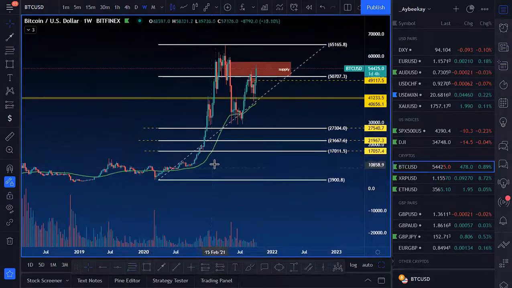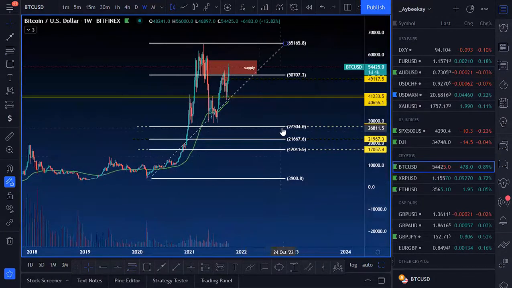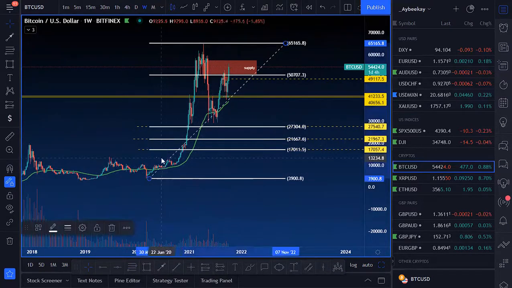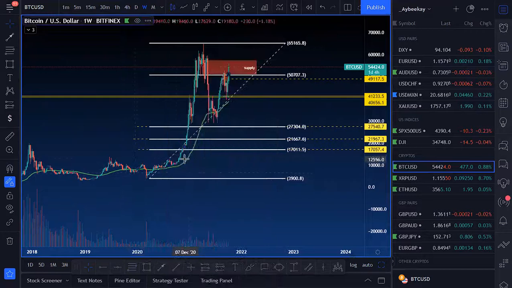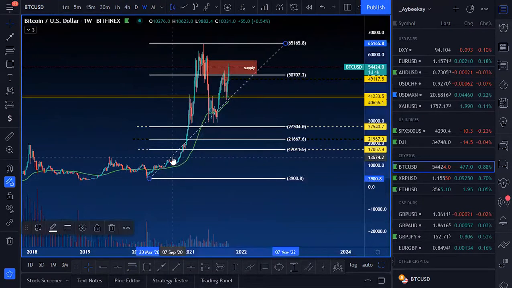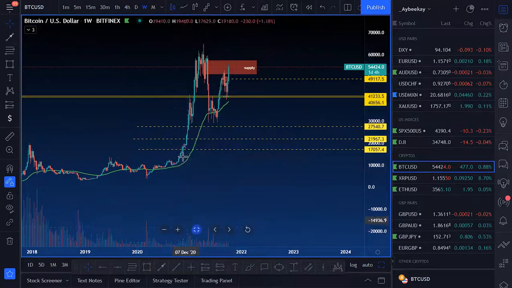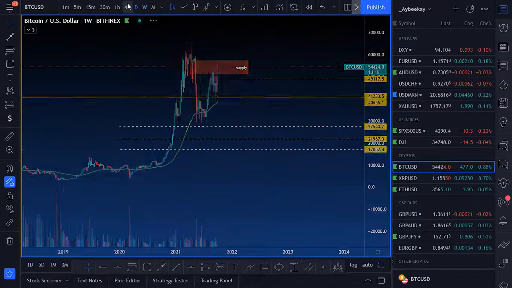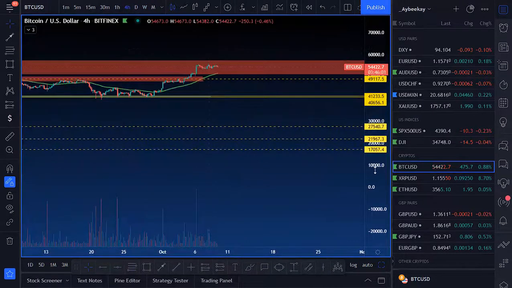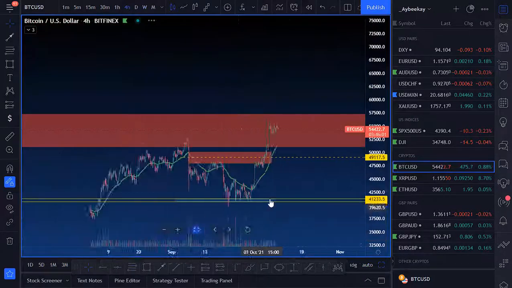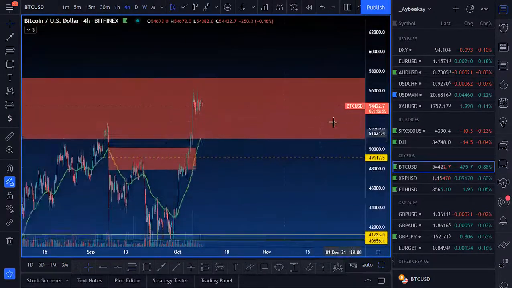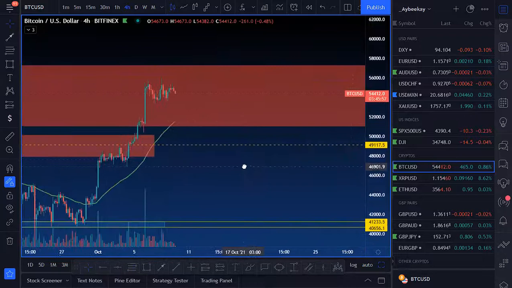So, and if you guys didn't know the reason why I have this fib up, this is why. From this low, back in March of 2020 to this high, the retracement, 71% fib at 21 or 22,000 basically is where most of my crypto holdings, or Bitcoin holdings, will be waiting for a buy opportunity there. So that's for Bitcoin, guys. Like I said, this supply zone is really holding pretty nicely.